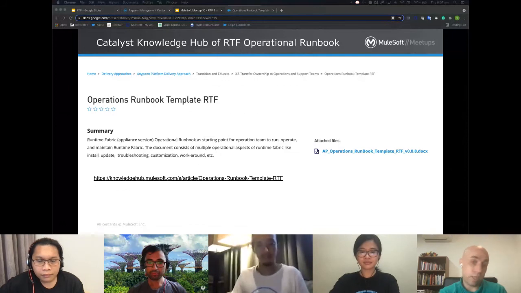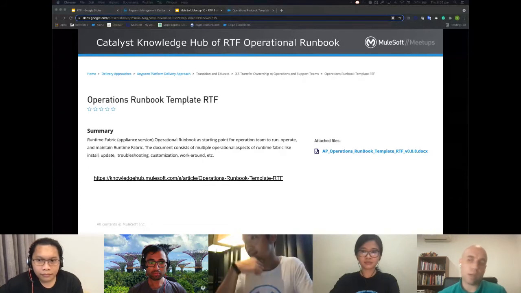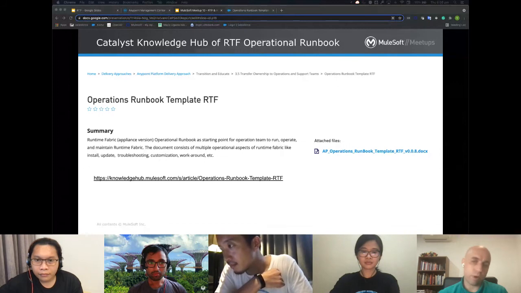So it's good to see that MuleSoft have documented some of those best practices and operational procedures as part of Catalyst. For those who don't know about Catalyst, you can register for it via Cloud Hub, I think, in your account, and you can get access to a wealth of information about RTF, but also about best practices in design and implementation standards and all these types of things around the MuleSoft platform. So there's a lot of great information there.